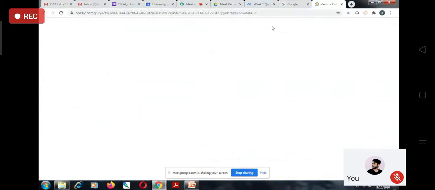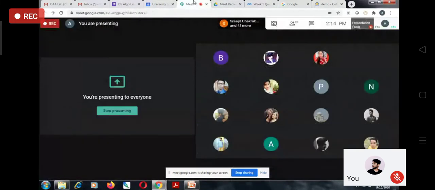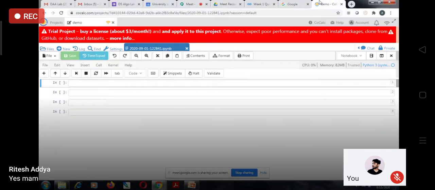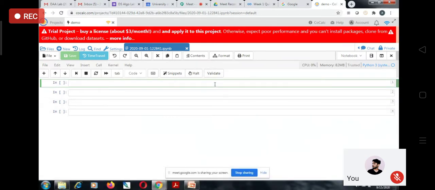Okay, is it visible to everyone? Yes, it's visible. If possible, Oliva, increase the font size. Just in this area, this three dot at the right corner. Go there and, if possible, increase. Otherwise, it's visible. Okay, so I don't know actually.